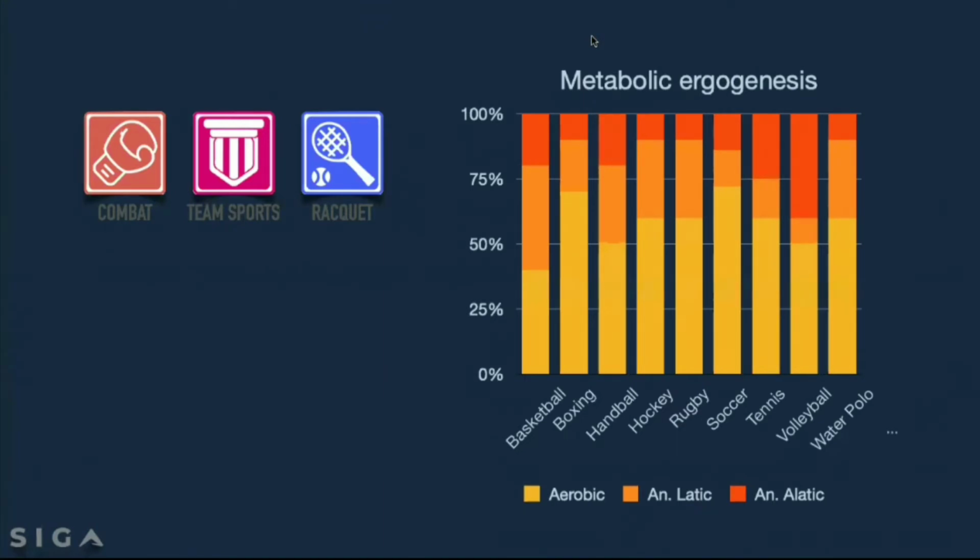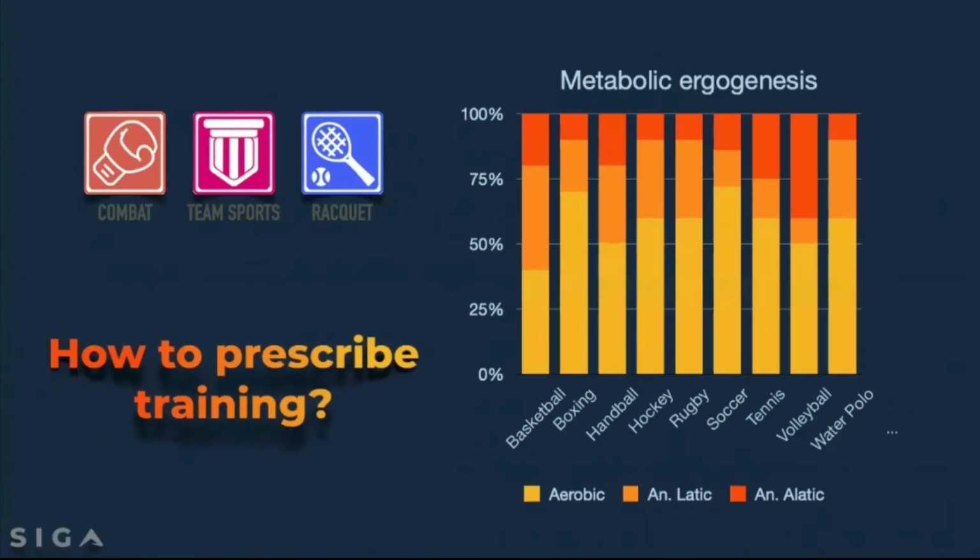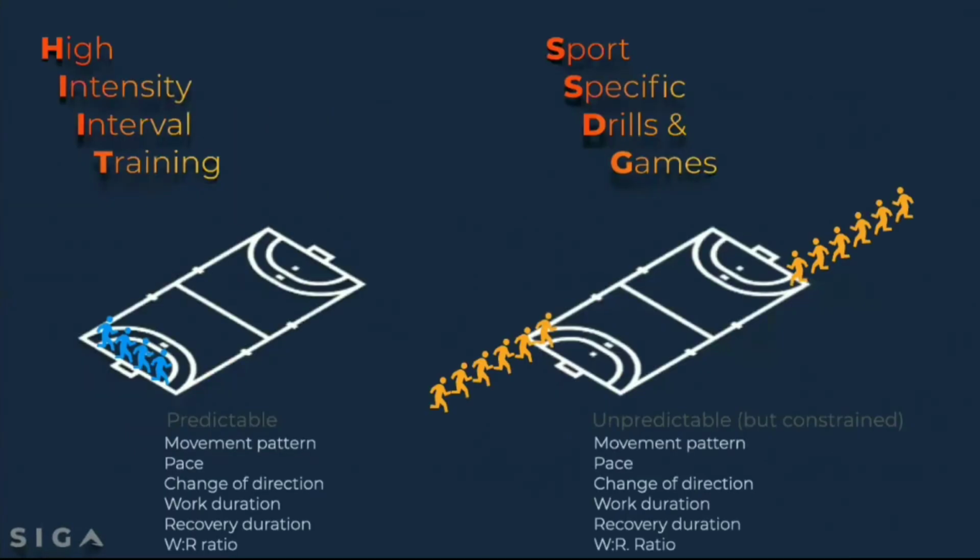And the question now is how to prescribe training using this information for aerobic prescription. Okay, so here we go. There are 2 main ways to prescribe training for this population of intermittent sports, right? Just to give an example, for continuous sports or cyclic sports like running, swimming, rowing, the sport itself is the main method to develop aerobic fitness. Like if you want to improve your running performance, you have to run. But on the other side, in intermittent sports, you have 2 ways.